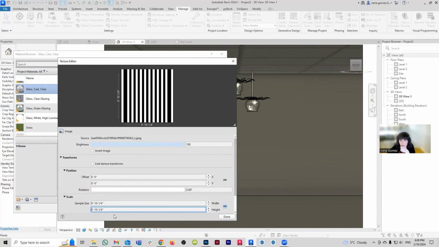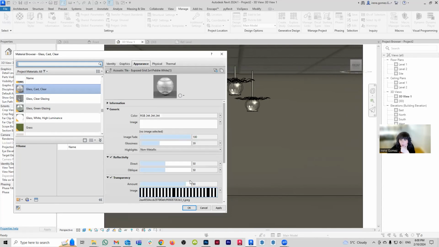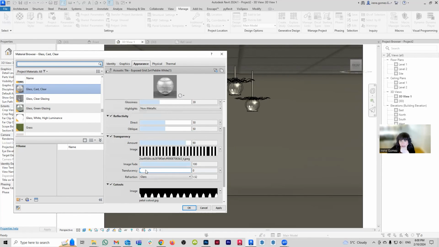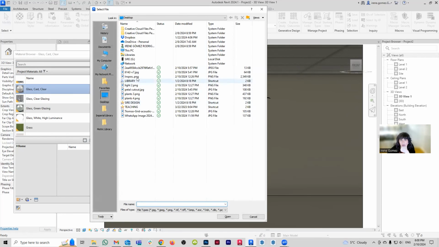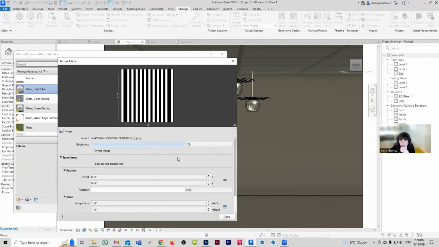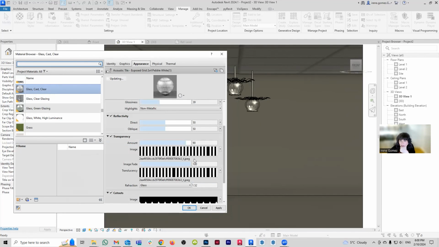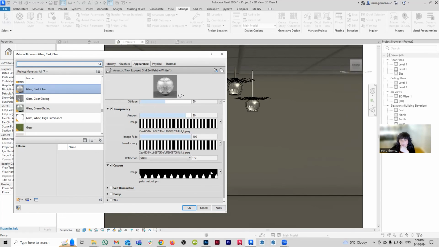Interesting. I'm going to make the material overall much more translucent. I can actually load the same map that I'm using for the lights and for the stripes, sorry. Yeah, maybe that will help a little bit. Oh, because the cutouts are still, I'm a silly goose. These do not get a map. Remove.